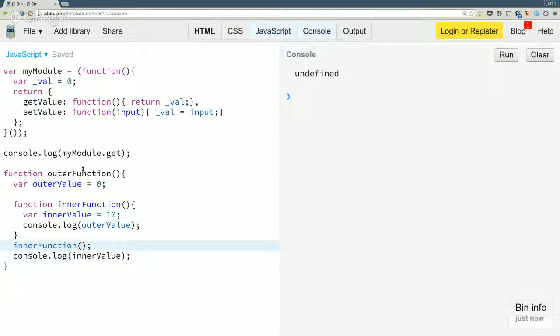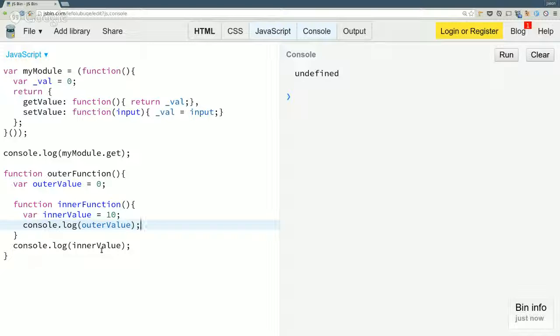Well, I'm just doing an example with scope here. But to even obtain outer value, wouldn't you have to return something from that function? For innerFunction or outerFunction? Which function are you talking about?